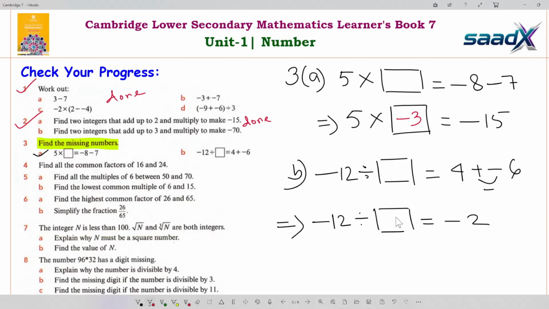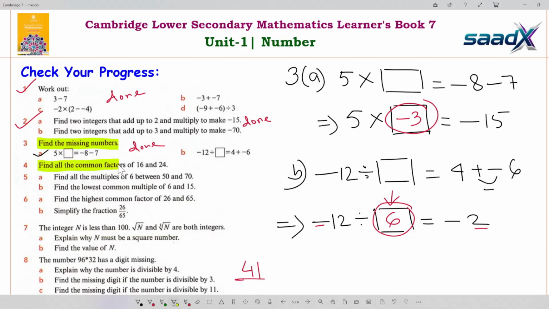Okay, so here should be 6, because 12 divide 6 is 2 and here is a minus. So minus 2 is our result, but our fill in the blank missing number is 6. So number A missing number minus 3 and number B missing number 6. So number 3 done. Number 4,